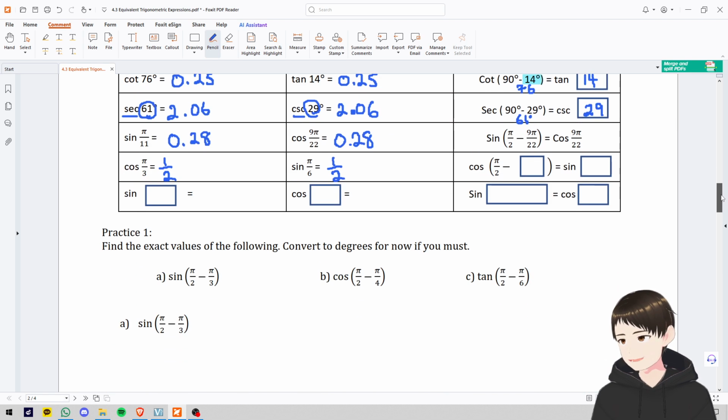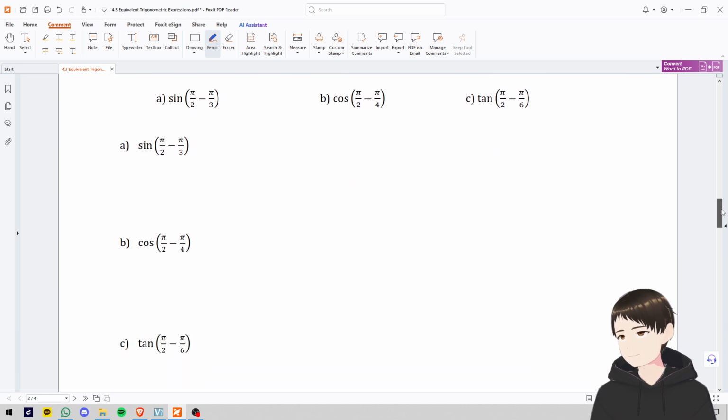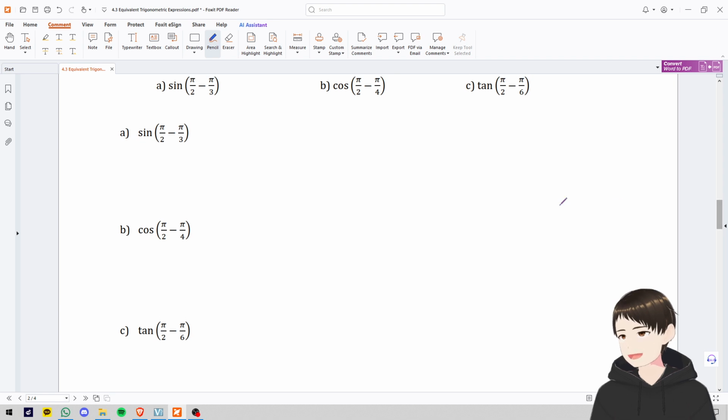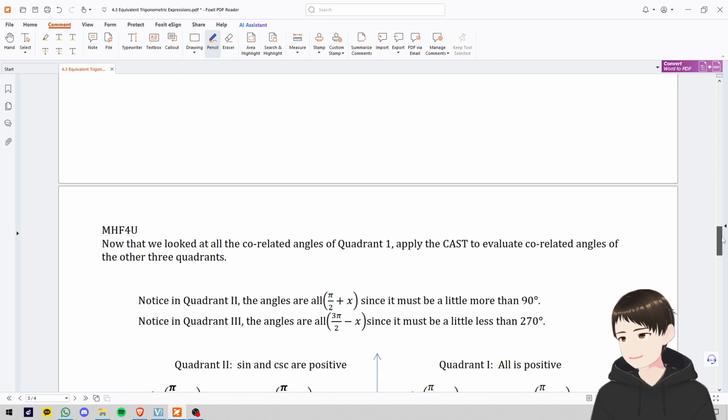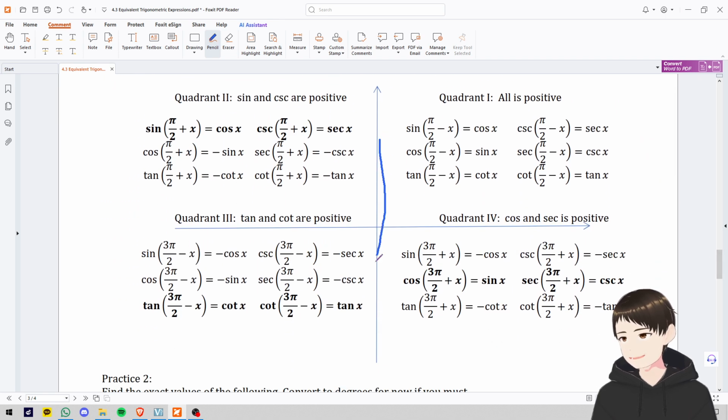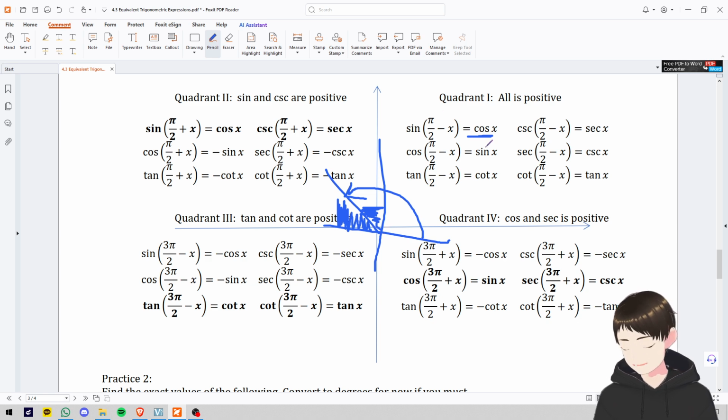So let's keep going. So the idea is this. What do we do? How can we sort of get around this without thinking too hard? Me specifically, because I don't want to memorize this, I always actually draw my axes, and then I draw the angle that I'm dealing with. And normally for CAST rule, I look at this angle. But if I want to convert it to its correlated angle, or correlated ratio, I calculate the angle that it makes with the y-axis, and then just convert. Let's try some